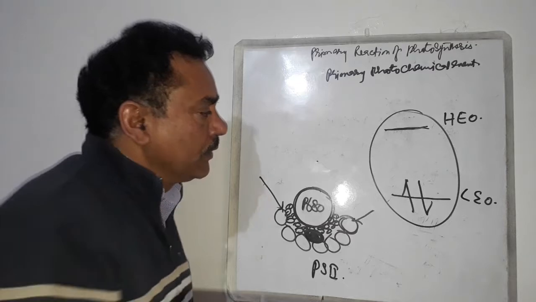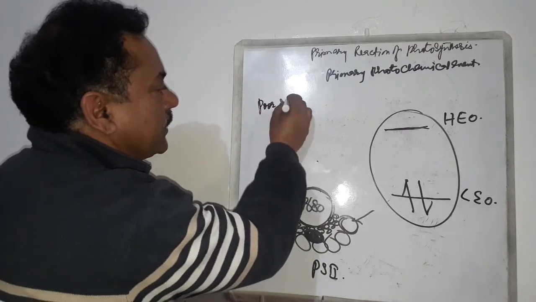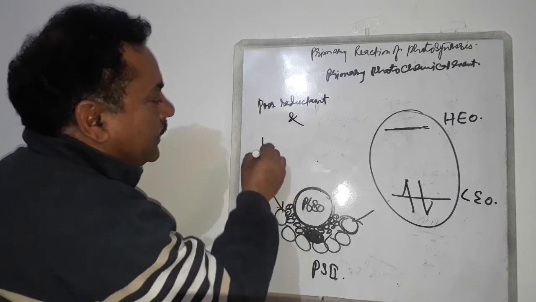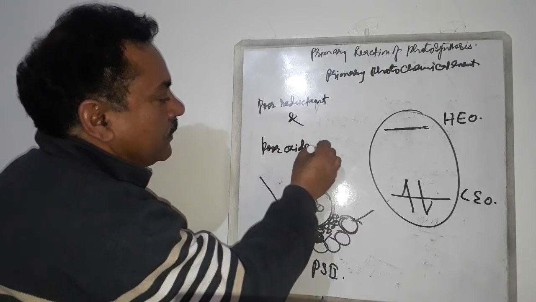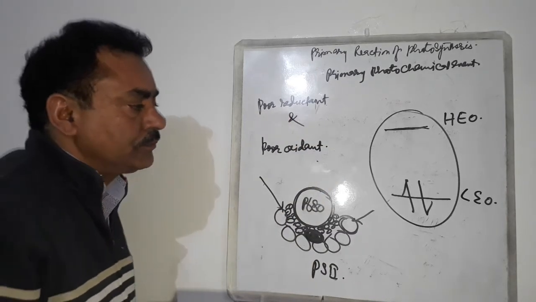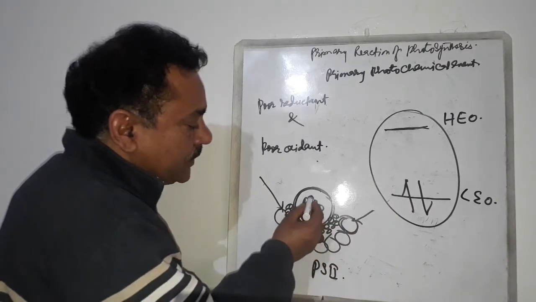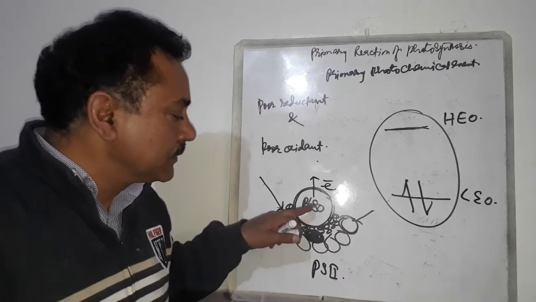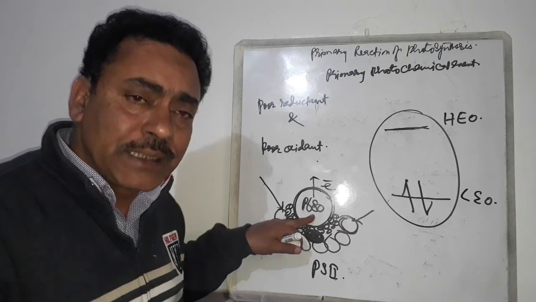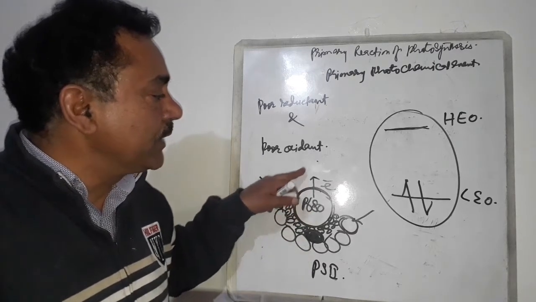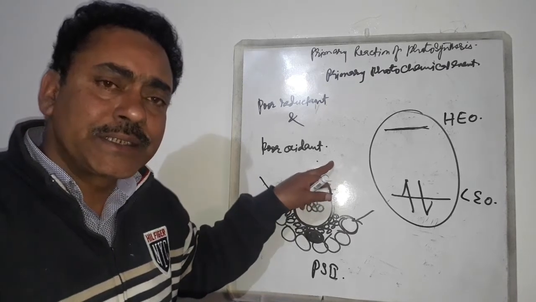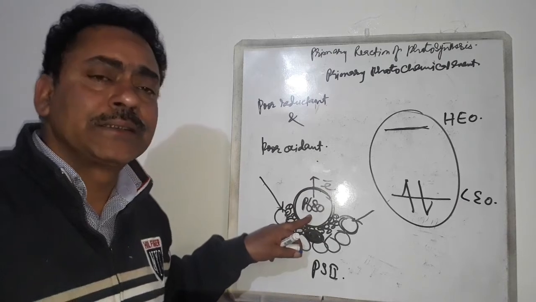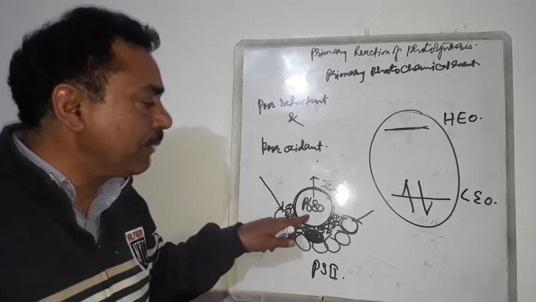In the ground state, this chlorophyll or P680 pigment molecule is a poor reductant and a poor oxidant. So I will write the properties of this. It is a poor reductant or reducing agent, and it is a poor oxidant, or poor oxidizing agent. Now we expect that this P680 has to emit the electrons. When it emits the electrons, it has to act as a reducing substance or reductant, because it will reduce the primary acceptor. That substance which first accepts the electrons from this P680 will get reduced, and P680 will act as a reductant. But in the ground state,